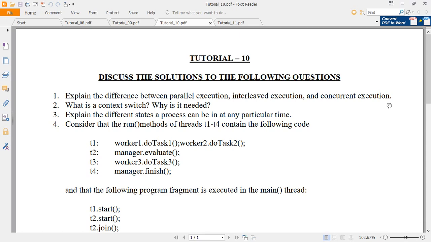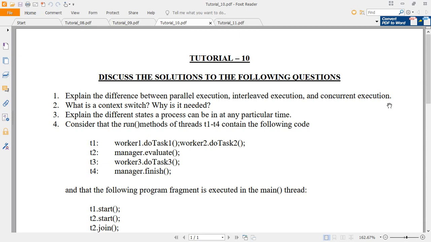A non-preemptive way of executing tasks will not lead to context switching, but preemption gives you the context switch. So context switching is especially needed for achieving preemption.